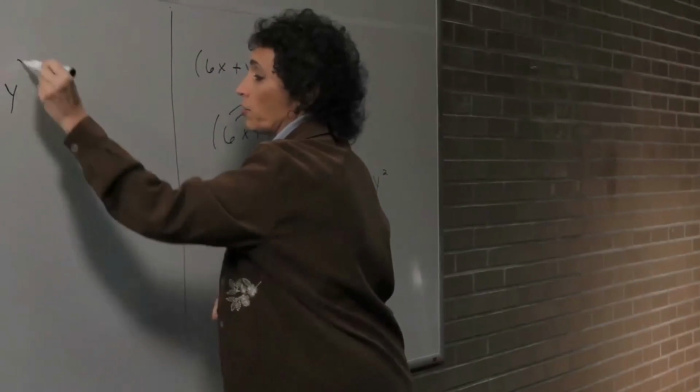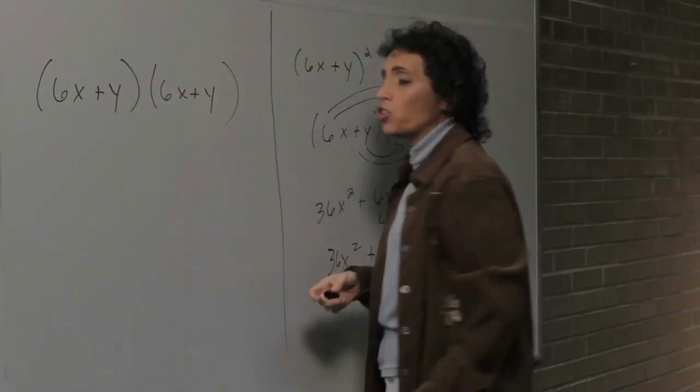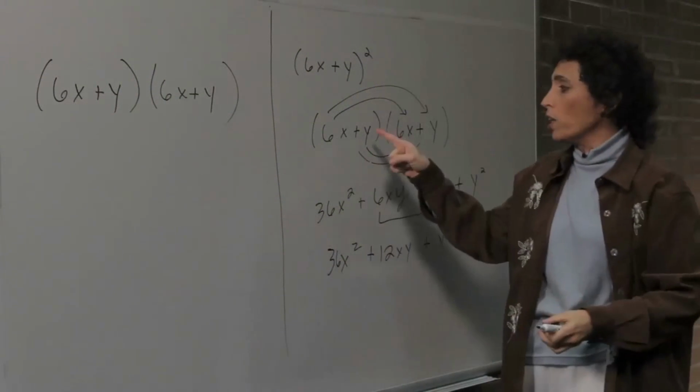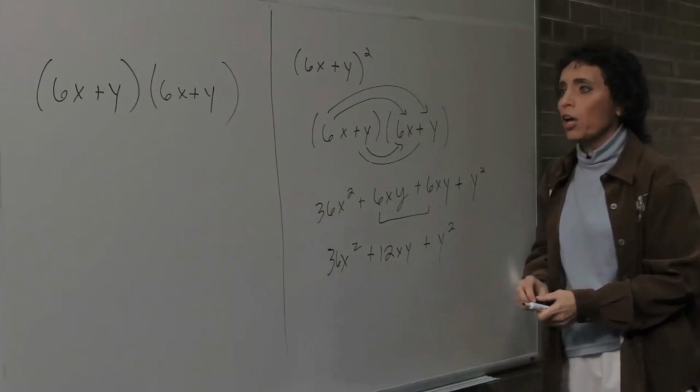You don't have to do this. Just distribute. And the reason I like to just distribute is because distributing works for any type of problem. FOIL only works with a binomial times a binomial. But this is what FOIL says. Ready? FOIL says,